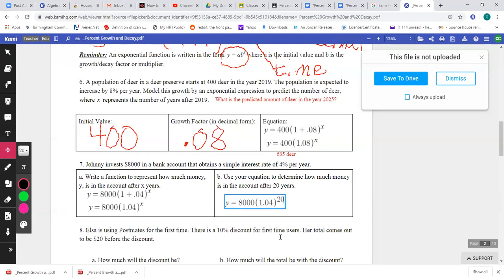I want everyone to go ahead and try that on the calculator and see what you get. And then I get y is equal to